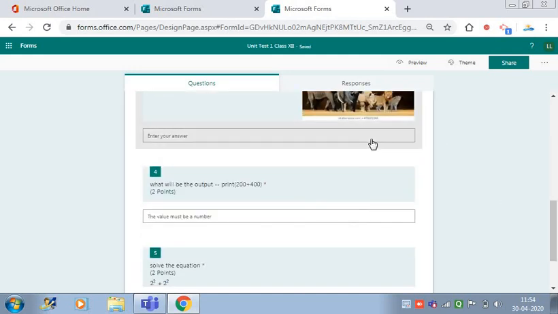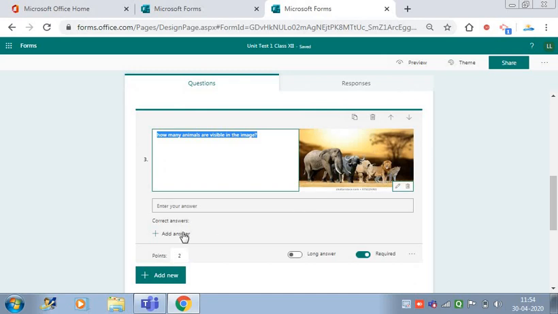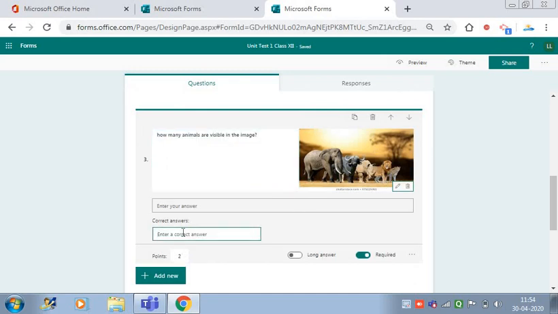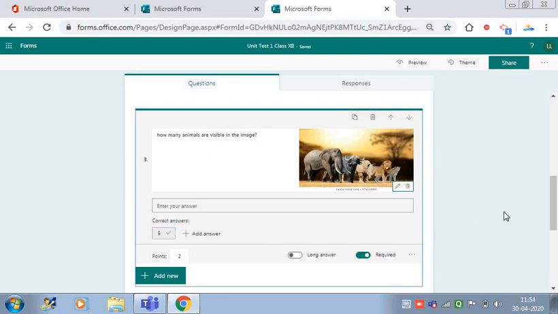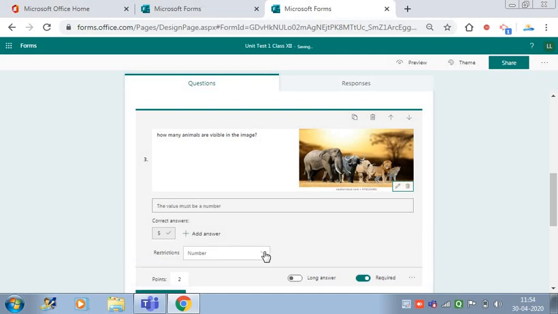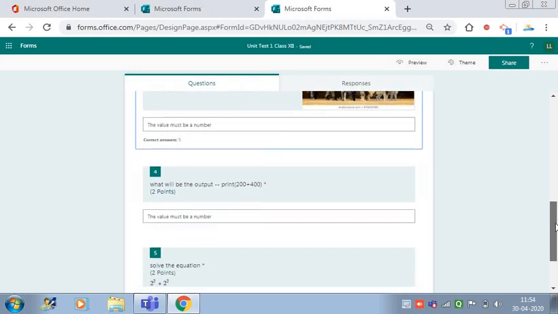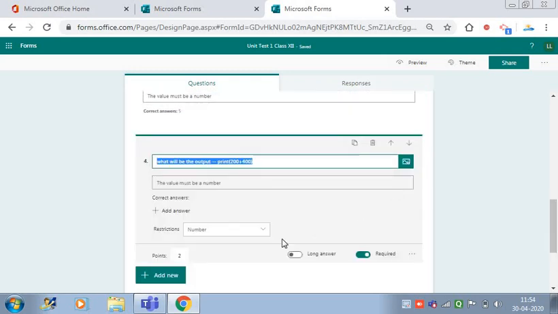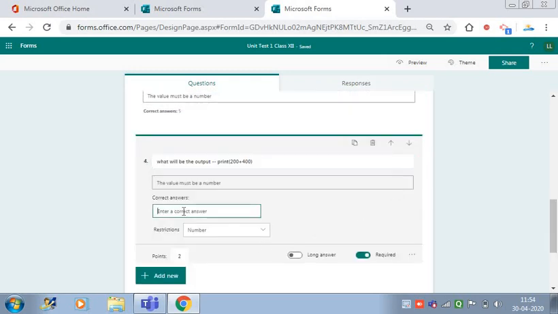Third question, I have to use number 5. You can add restriction here as well, restriction number. So other than number, if students will enter anything, it won't accept. Here the correct answer is 500,